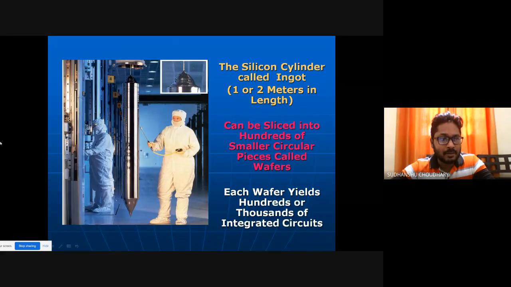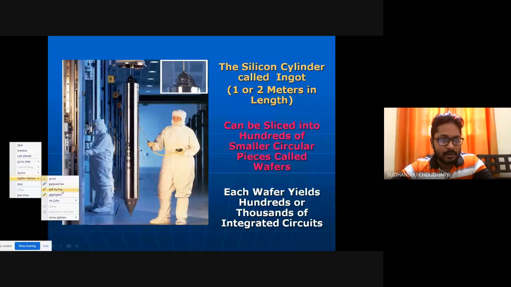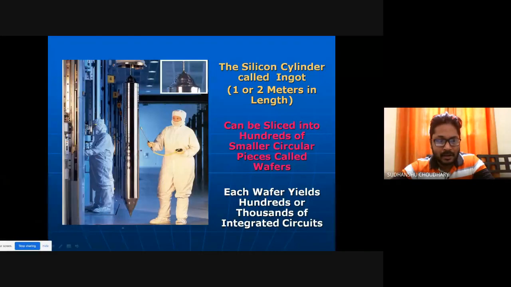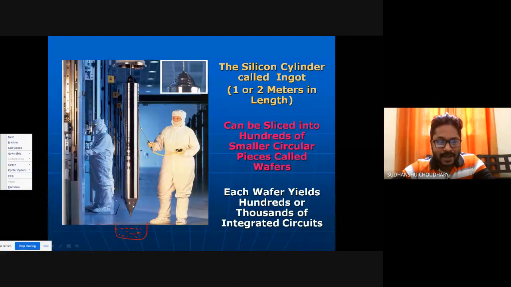In this Czochralski process, you have hot molten silicon in a crucible, okay? Then you pick single crystal silicon from this molten silicon via some handle, and while pulling this handle up, you also rotate it at a very high speed, right? Now to this handle you also attach a seed crystal at the tip of the handle, right?